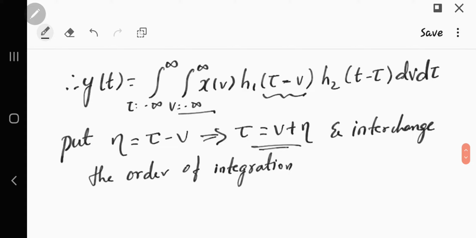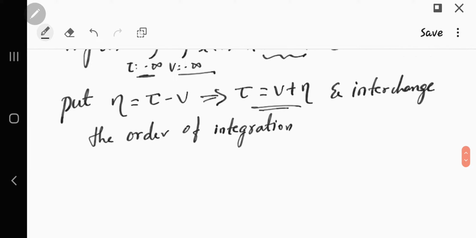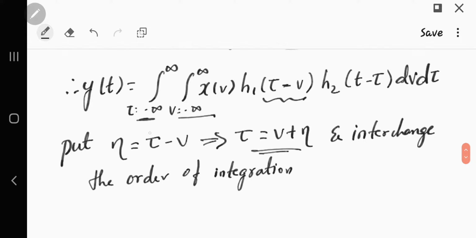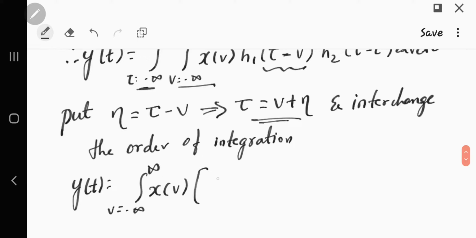constant. So I will take this and dv outside and interchange this integration, and I will rewrite the expression after changing the variable tau minus v with eta. Then this tau will be replaced by v plus eta. Okay, then what happens to y of t? So y of t is equal to the integral of v from minus infinity to plus infinity of x of v. This is the first one I have written. Now the second one, since I have replaced